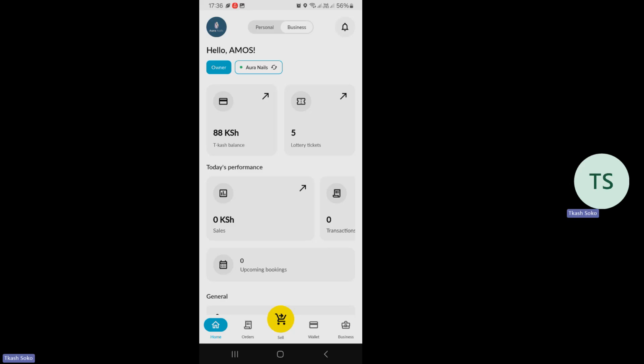So there's something beautiful about the Tcash Soko app. The fact that once you setting up your shop, na umeipea jina ya shop na the type of business you do, then the app is able to develop for you a business logo for your business. Biashara zetu mingi hazijakuwa na business logo. Why? It used to cost money. Lazima ungelipa designer ndio kuundie logo. But this app is coming to save us that extra cost and give us our deserved logos for the businesses that we do. So what the app does, it has AI integration.